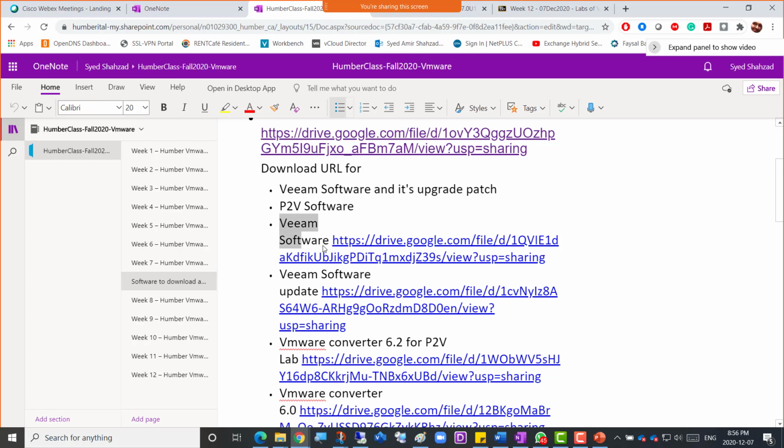So I'm going to give the link on WhatsApp as well. You can download the Veeam software and its update, so we can see the backup solution. I'm going to put it on WhatsApp. If you don't have that software already, you can download it and have it ready with what I'm doing now. I need to show you how to deploy that Veeam software, and we'll do whatever we can till 10 o'clock, and then continue in the next class as well.